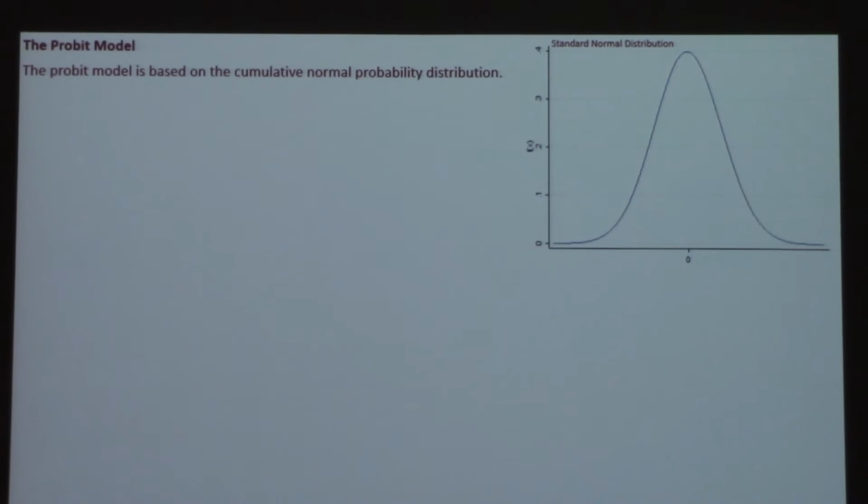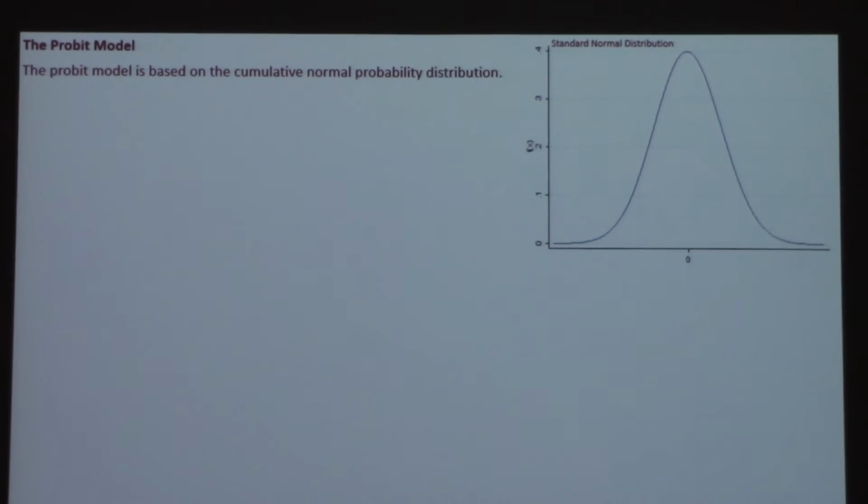And that's going to be called the Probit model. This is where things get a little bit hairy. It's a pretty simple idea. It's based on the cumulative normal probability distribution. And we're all familiar with the normal distribution. Bell-shaped, centered at 0, standard deviation 1. Pretty common. We use this for all of our hypothesis testing and our t-tests, and all that stuff comes from the standard normal distribution.